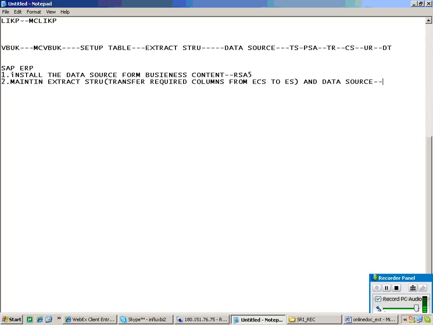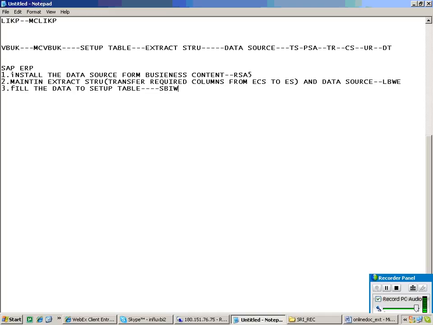This can be done using LBWE. Then, from the document tables we are supposed to fill the data to the setup tables. If it is a full or initialization load, we fill the data to the setup table. That's what we are going to do.